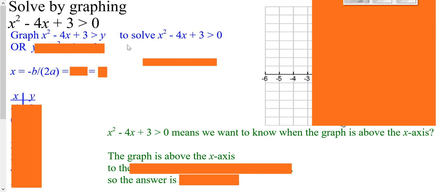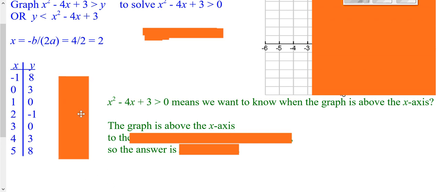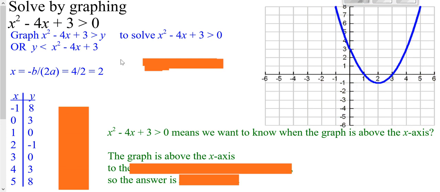Now, I like to have the y on the left side, the function on the right side. Notice the pointy part is going towards the y. So when I rewrite it, the pointy part needs to go towards the y. Then you still do that negative b over 2a, and then you want to try 3 numbers on each side, and then you want to graph it. Now, if we're graphing this for real, we would know that it would have to be dotted and we'd have